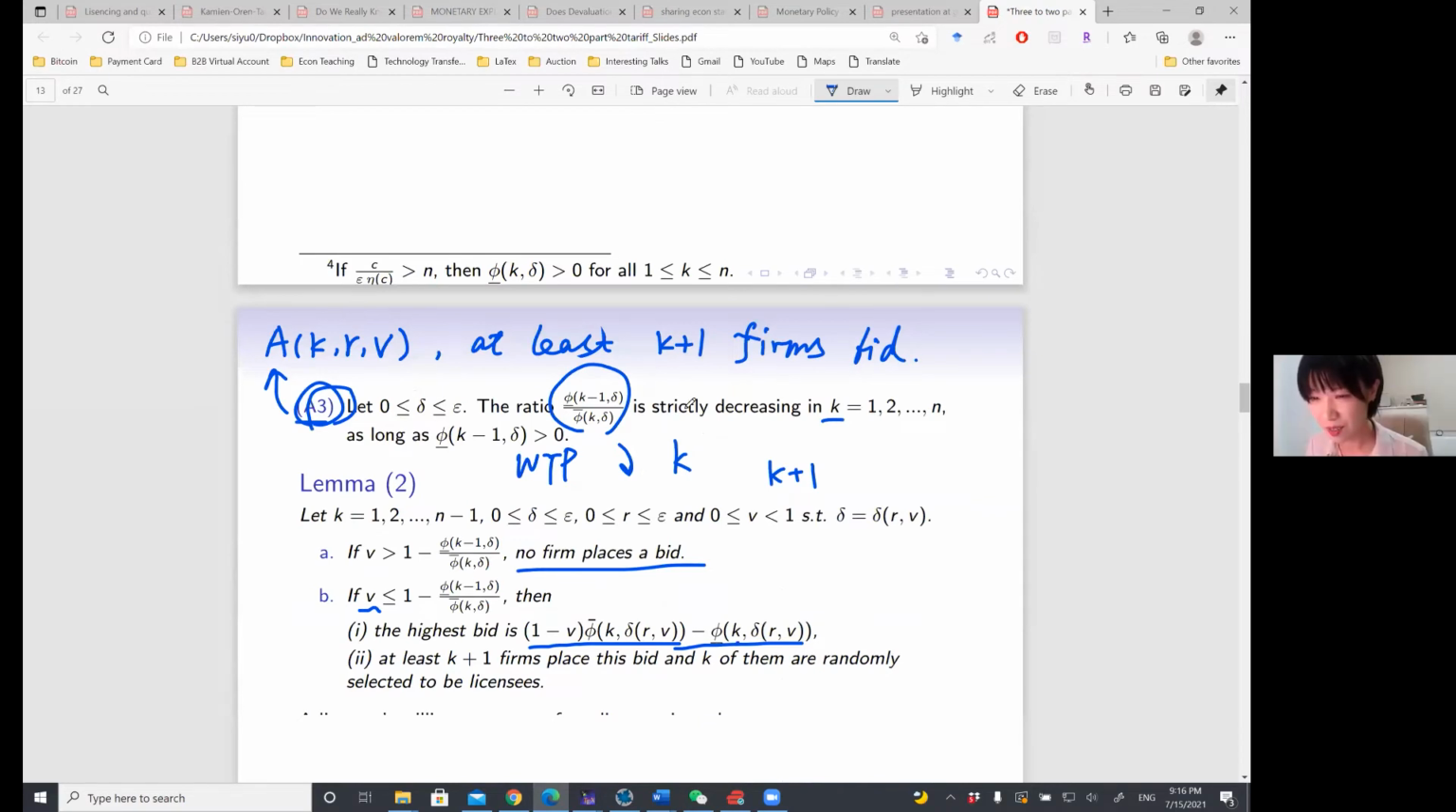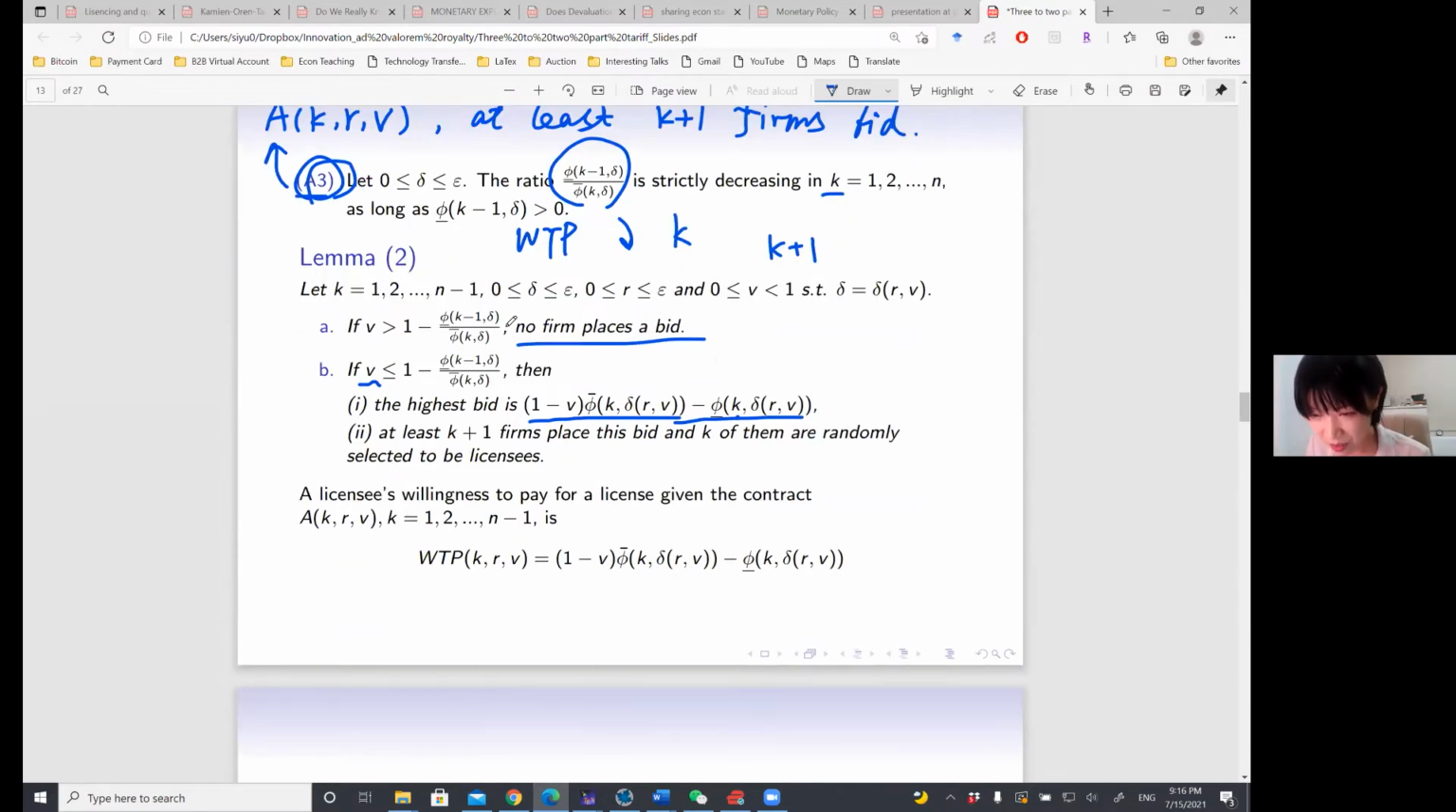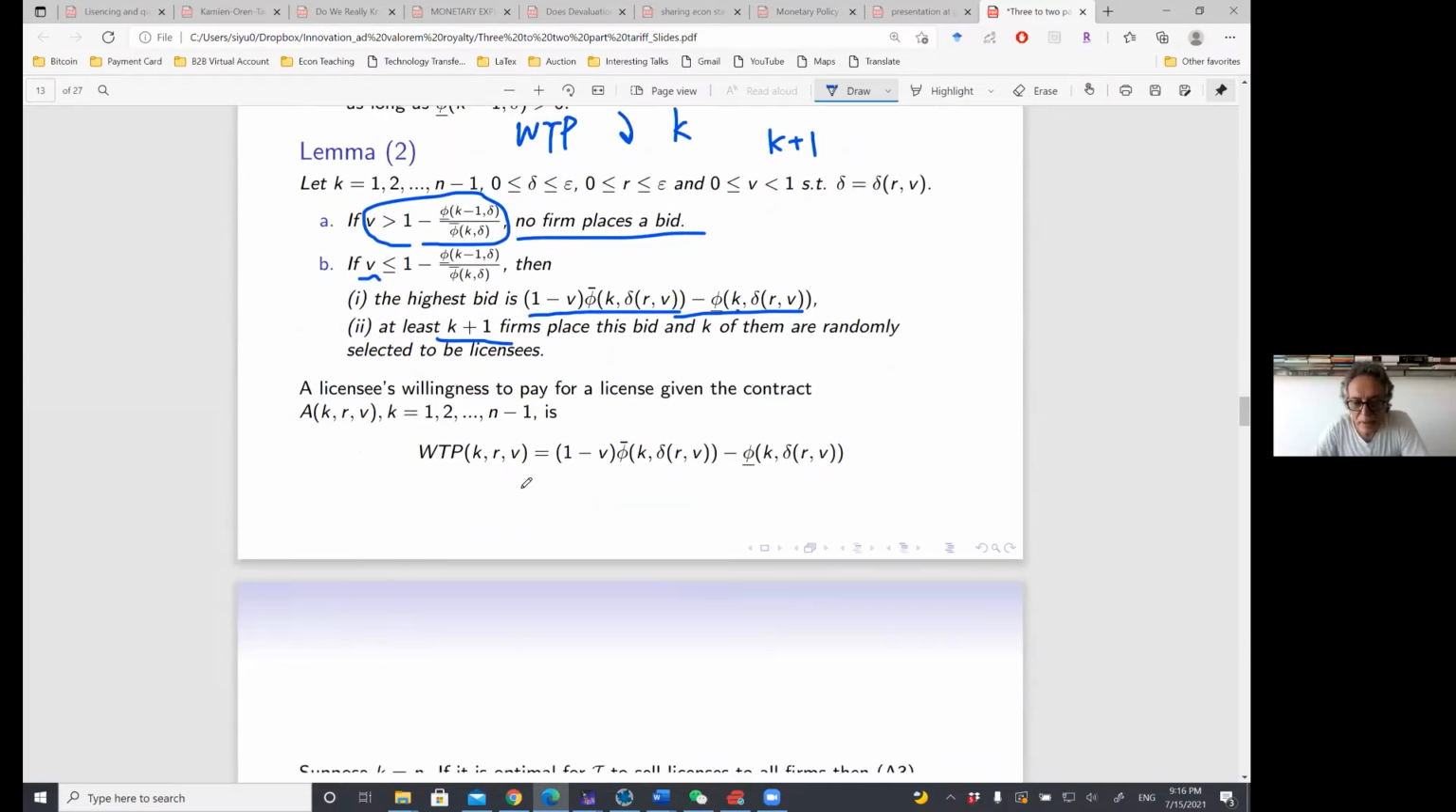So I hope we finished lemma 2. Let me emphasize this is an important constraint, and at least the K plus 1 firms are interested. So let me just say, the lemma says that, given the assumptions, if he announced K, that he would like to sell K licenses, for the per unit royalty R and ad valorem V, then at least K plus 1 firms, this is a theorem, yes? At least K plus 1 firms, not less than K, not more than K, not equal to K, but at least K plus 1 will